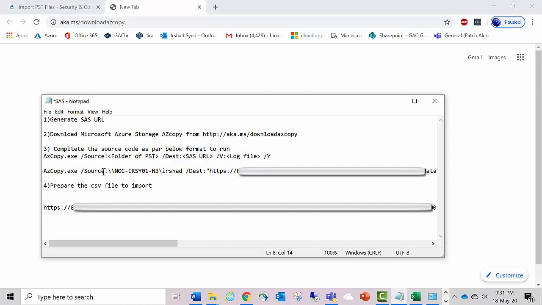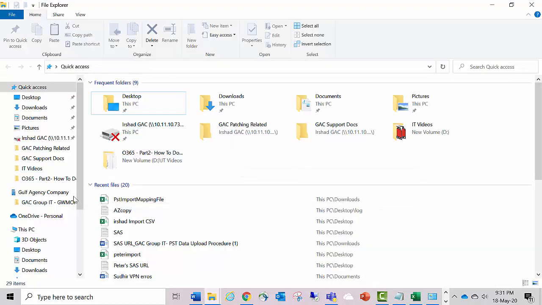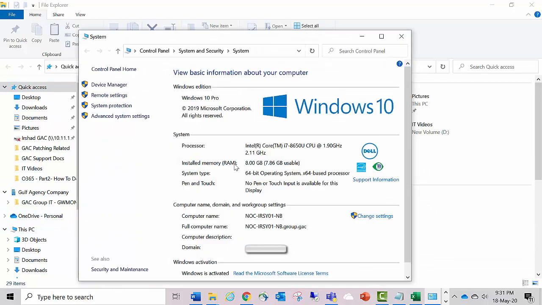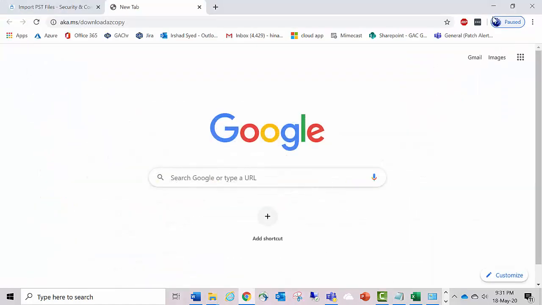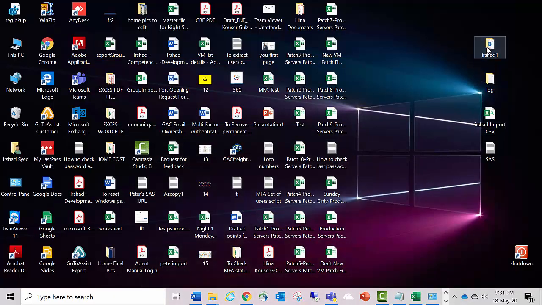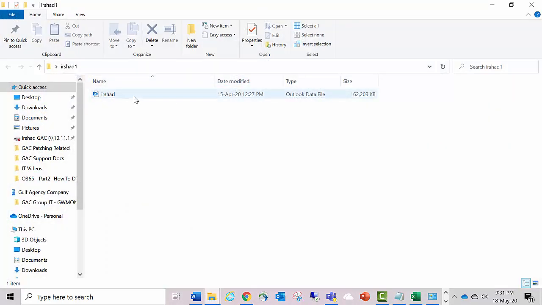You have to keep this up to here, and this is your machine name, that is your computer name. Here my computer name is, you can see here. Similarly you can place your computer name over here, and this is your PST file folder. For example, I have saved my PST file folder here, and inside the folder I have kept my PST file.